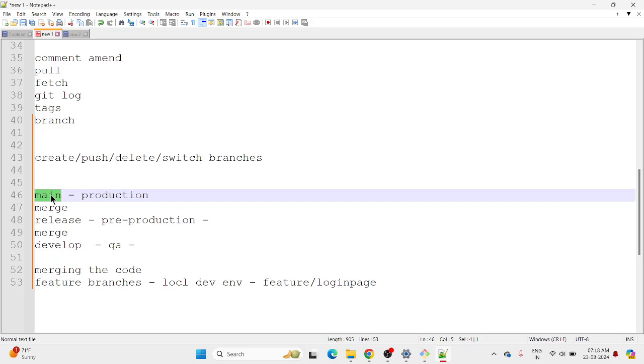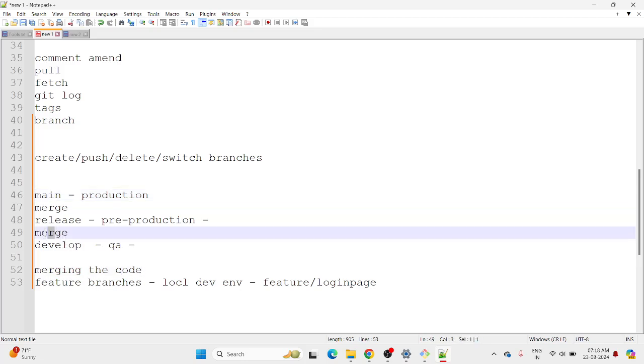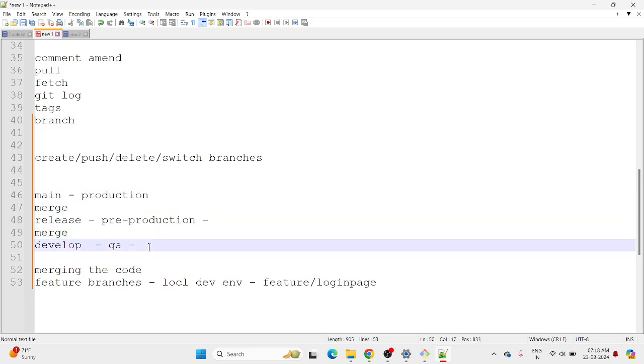This is called branching strategy. This is a strategy they use from feature branches to main branch. I mean, master or main, whatever. And they'll merge the code from one branch to another branch once their work is done. So today we see how to merge the code. That's the main thing of branches, how to merge the code